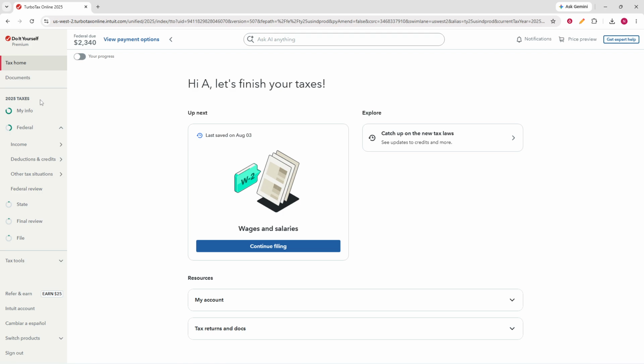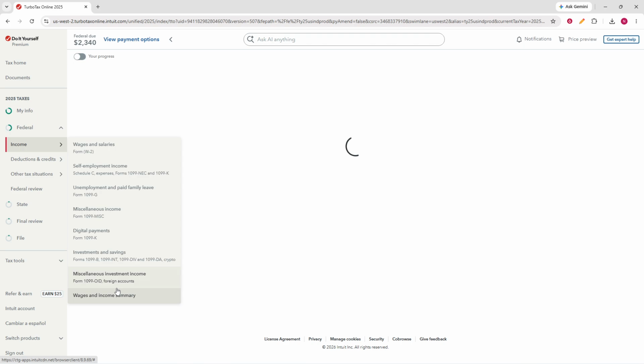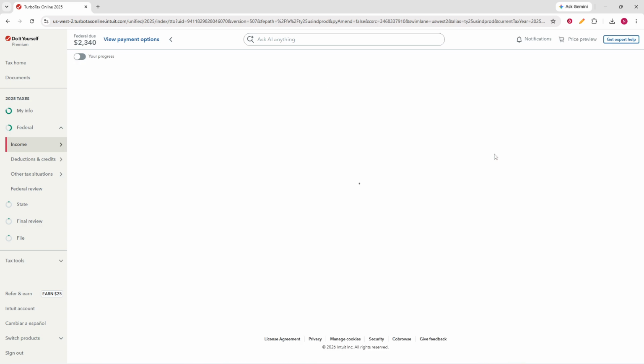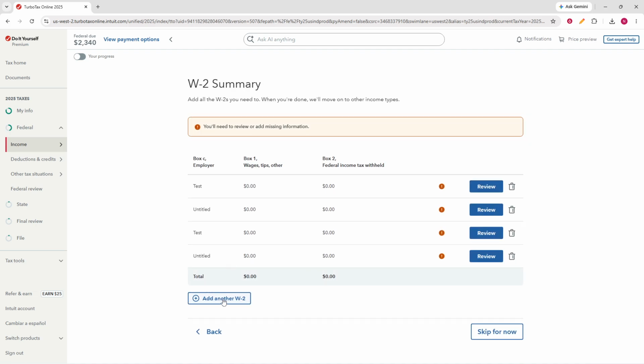Next, go to the Wages and Income area. This is the part of the return where TurboTax stores income forms, including W-2s from employers. When that section opens, find Job or W-2 and select it. If you have not entered anything yet, choose Add a W-2. If you already started working in this section before, choose Edit or Revisit instead so you can continue from the